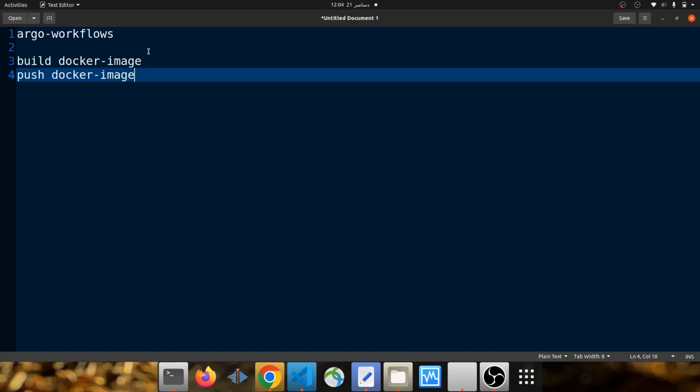I'm using Argo rollouts instead of deployment because it has some additional features. You can use canary strategy, blue-green strategy, and also you can use analysis in Argo rollouts. So I prefer to use Argo rollouts to run my application in the Kubernetes cluster. Okay? First of all, let's go to